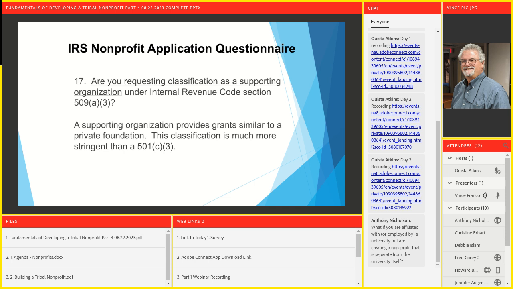Even though part of your operation is maybe housed in the university, that's very common. That's referred to as an incubator process, where the university provides kind of like room and board, but you are a separate entity with your own board of directors, your own articles. If you have those things or are planning to, then you are a separate candidate for what we're talking about here. And you would answer no to those questions, I think it was question 14, the institution of higher learning. I hope that gives some indication to your question there.